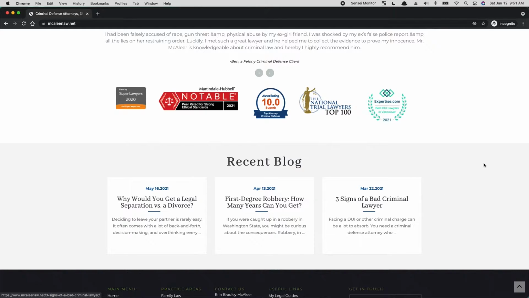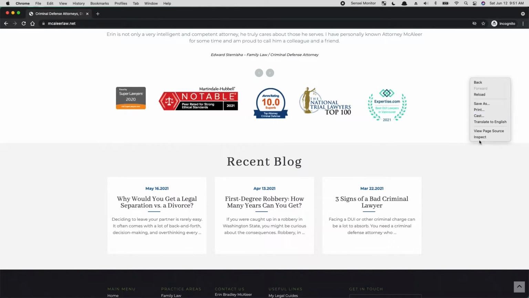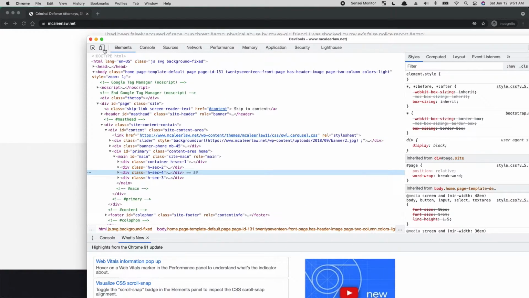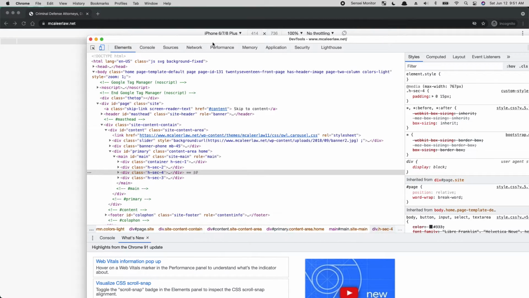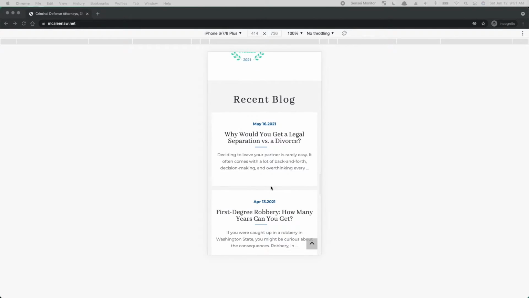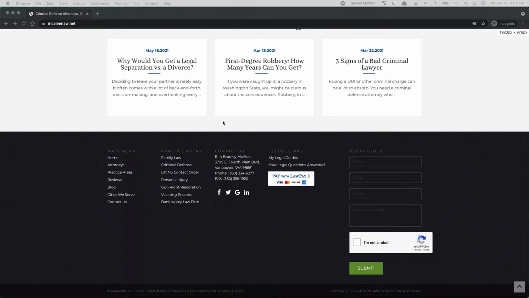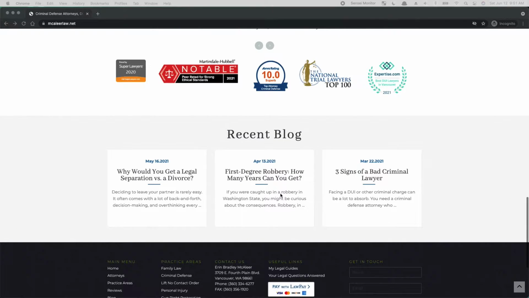But on mobile, what does this look like on mobile? Which you can get into using inspect, and then over here there's this little icon. You can tap that, and then it renders that down. So on mobile you can't hover, so it's a little less obvious. But we're not going to get too much into that. So we got your blog here,